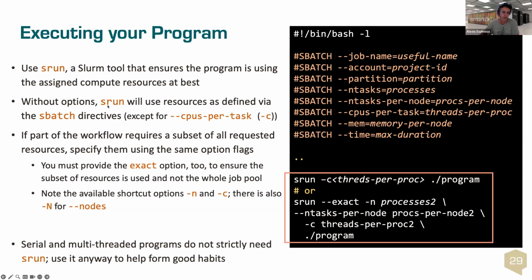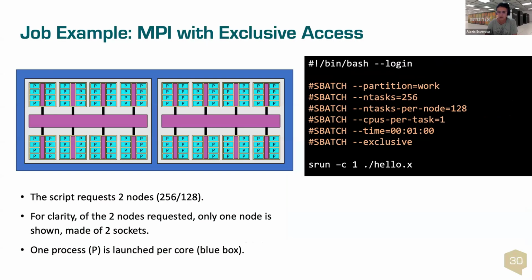Here it says without options, srun will use resources as defined via the sbatch directives in the header. And I just added this part, except for the CPUs per task option. That is not inherited. You can check that in the Slurm documentation. Okay, so quickly,